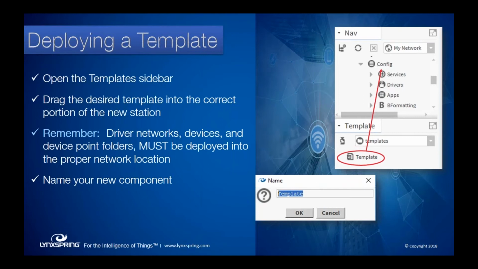When you drop it in, it will ask you if you want to rename what it's called. So if you've given it this huge, 40-character name because you needed something really specific, now that you're putting it into your actual project, you can give it a very descriptive name for that project. So maybe you'll tell it what building it is, what floor it is, all of that type of thing. You'll be able to do that here.